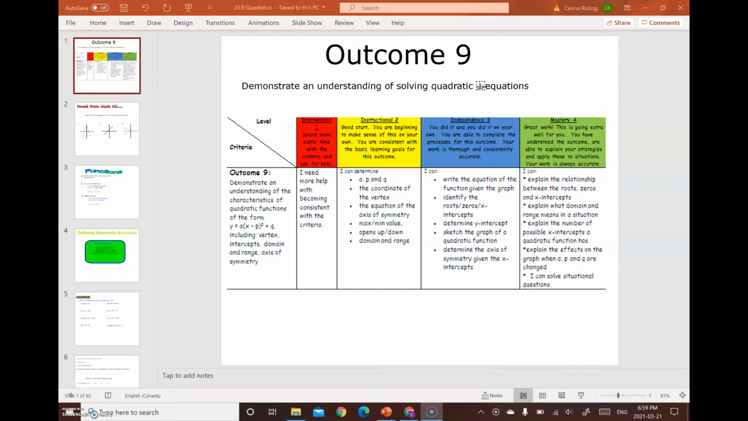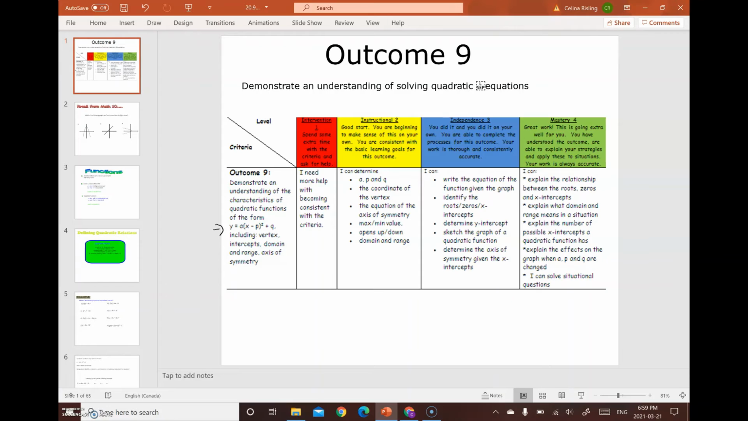Outcome 9 is on demonstrating understanding of solving quadratic equations. So for Foundations 20, we're looking at quadratic equations in the vertex form. So that's this form right here, y equals a times (x minus p) squared plus q. And your level 2 would be if you can determine who a, p, and q are,